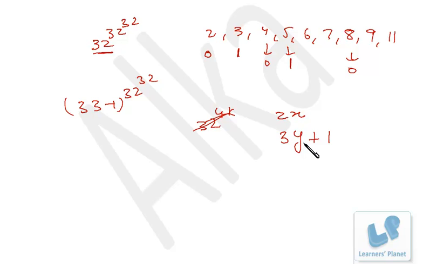So we need to choose a number that is a multiple of 2 and that is in 3y plus 1 format. That's pretty simple, 4, right? Why have I taken 2 and 3? Because 2 into 3 is 6. So the number that we get, when this number is divided by 6, the remainder will be 4 only. The number is in 2x format and 3y plus 1 format. So that's pretty simple.